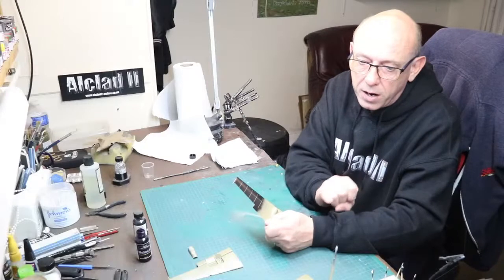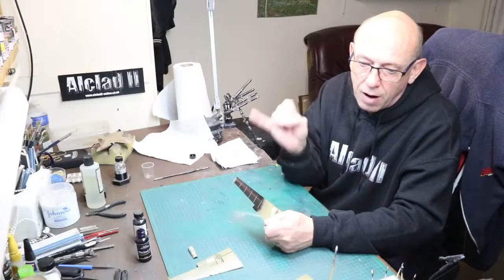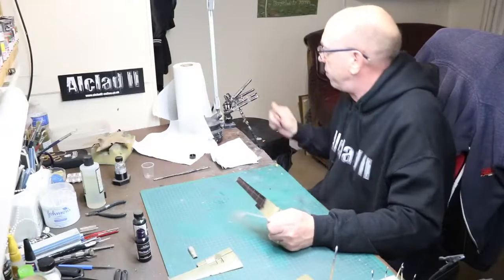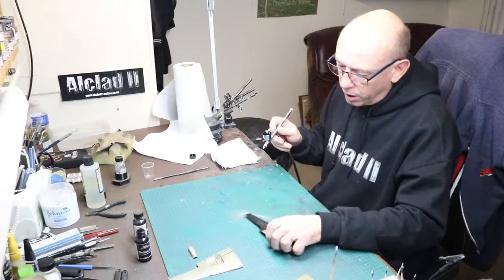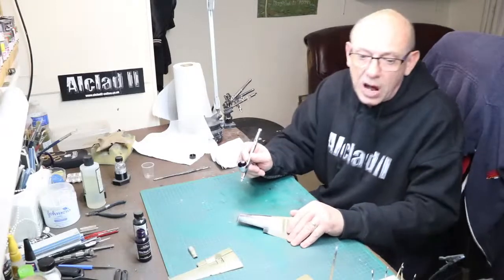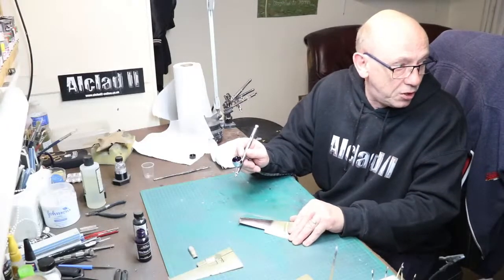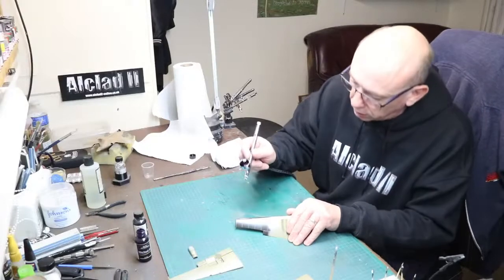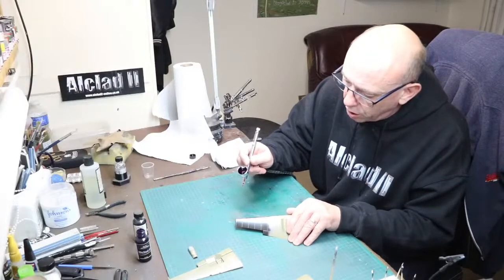I don't recommend touching it because you'll put your grease onto it from your fingers. Then all we're going to do, I'll lay it down flat again. I'll try and do it towards the camera if I can. Trouble is, you can see how shiny it is with all the lights I've got in here. And all we're going to do, lightly,